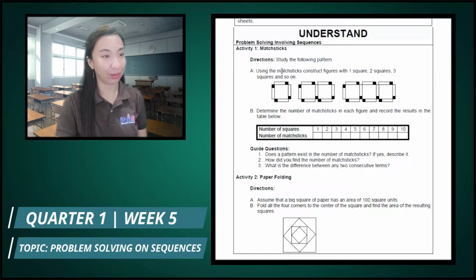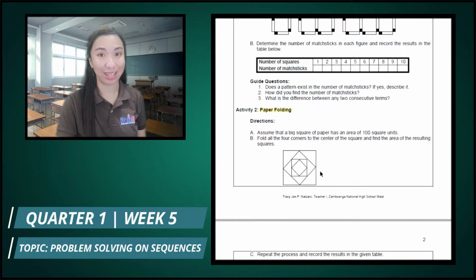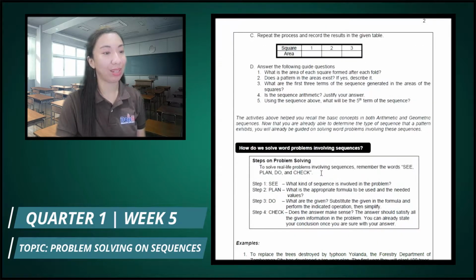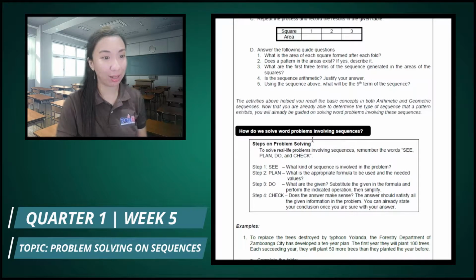So to start with, you'll be given two activities. The first activity is entitled Match Sticks, and the second activity is entitled Paper Folding. What you need to do is follow the directions for each activity and answer the guide questions, because the activities will help you recall the basic concepts in both arithmetic and geometric